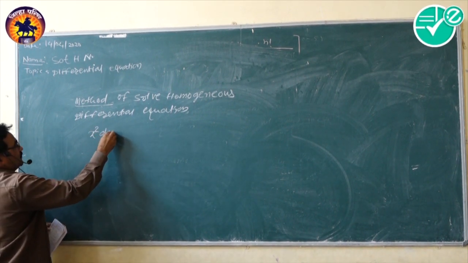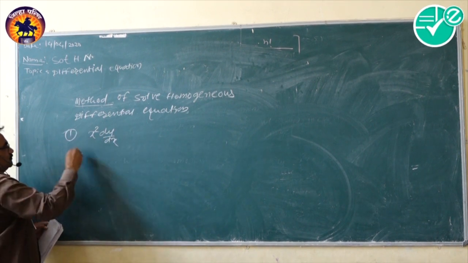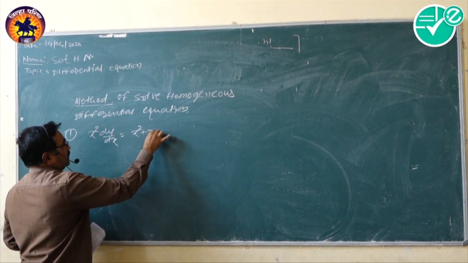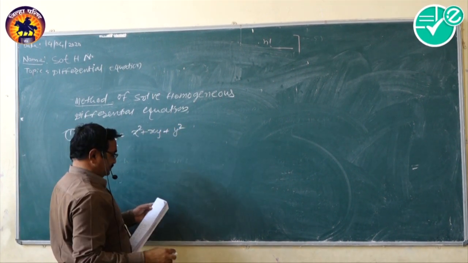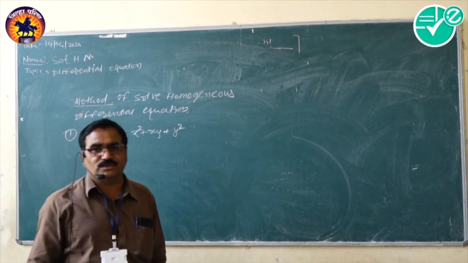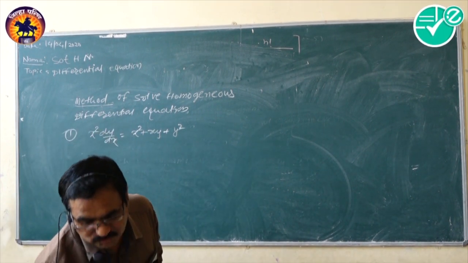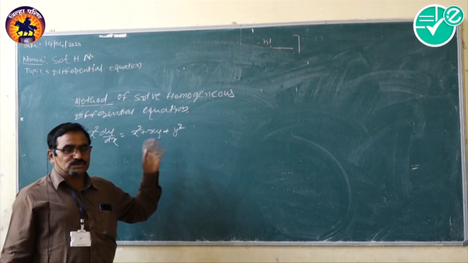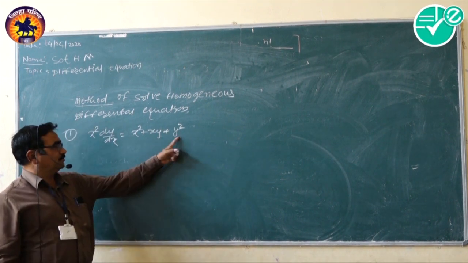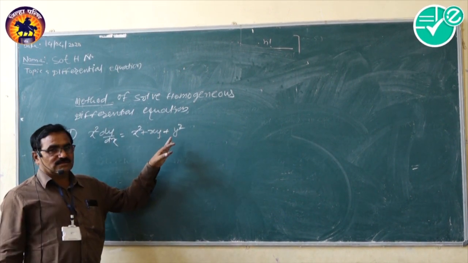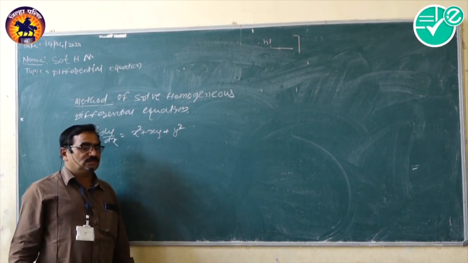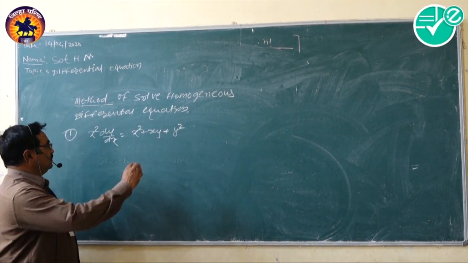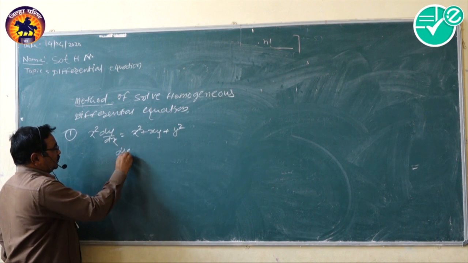x² dy/dx = x² + xy + y² is the given differential equation, and we want to find the solution of this differential equation. This differential equation is a homogeneous equation. In each term, the power of x and y together is the same. Therefore, this is called a homogeneous differential equation. To solve this,